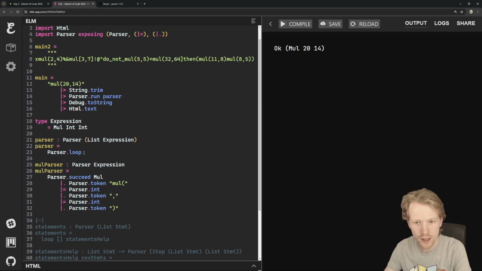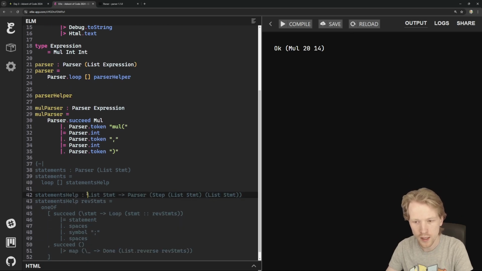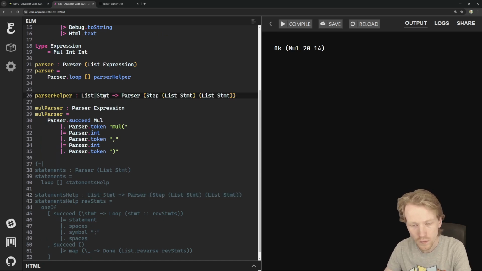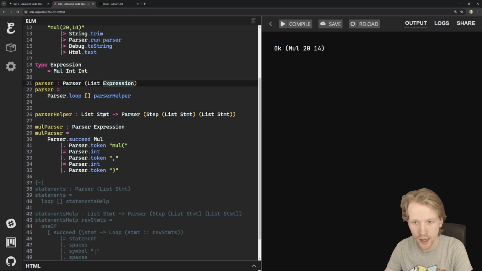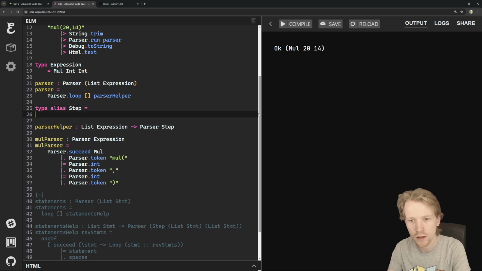And we're going to do something really similar. We're going to say Parser.loop, and then we're going to say this is going to be the parser helper. And the idea with the parser helper is it's going to look like this. So rather than having a list of statements, we're going to have a list of these expressions. And then I'm just going to call this step. Each step of the expression